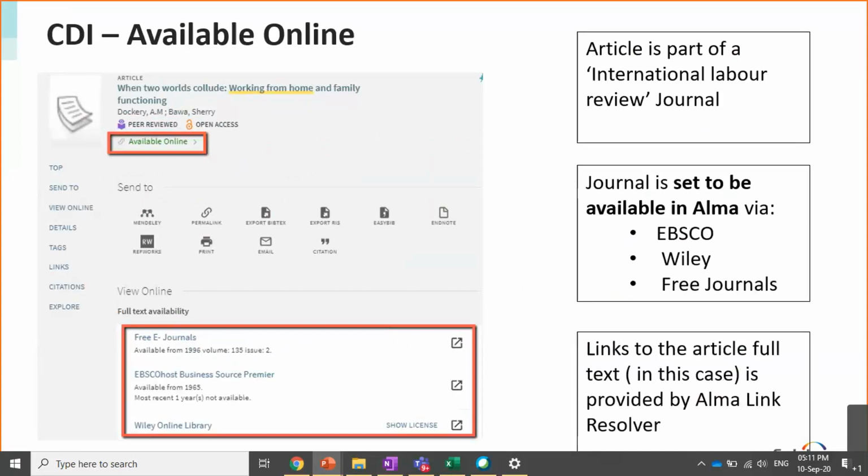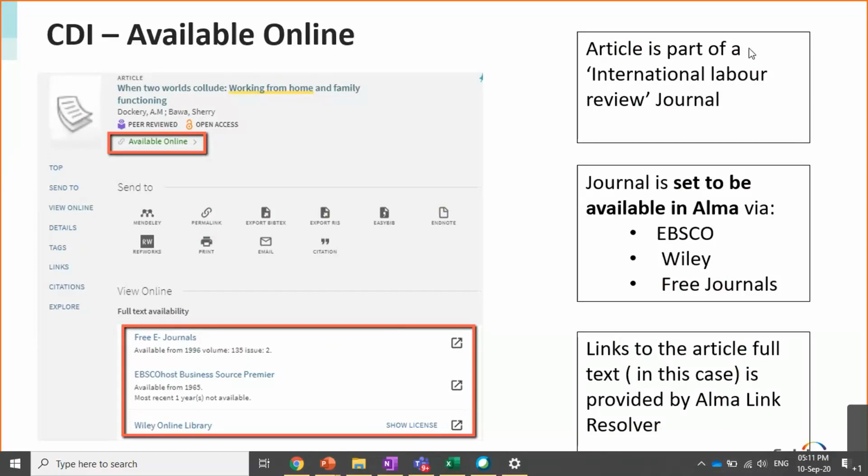It's available through EBSCOhost Business Source Premier, through Wiley, and it's also available through a general collection that is called Free eJournal. So we know that this article is available online through these 3 different providers, and the patron has access to the full text for that article.